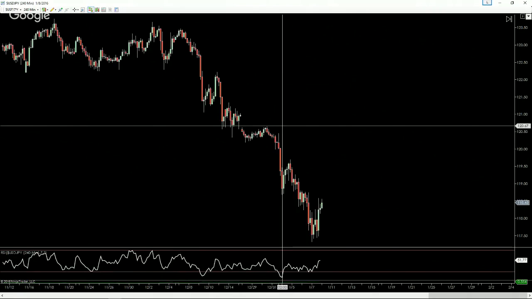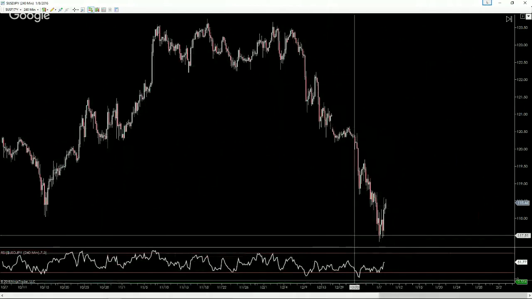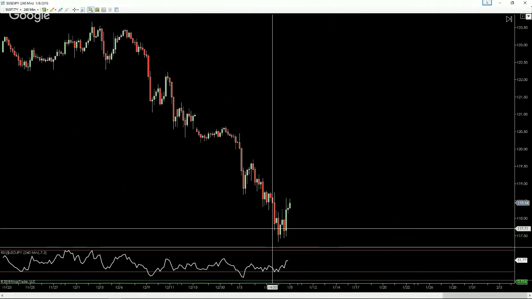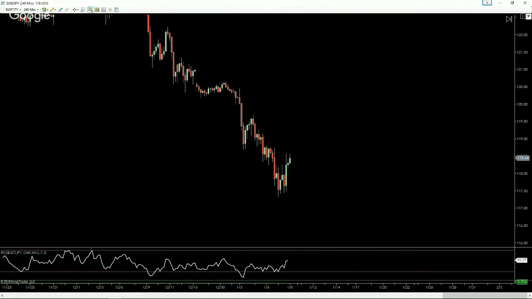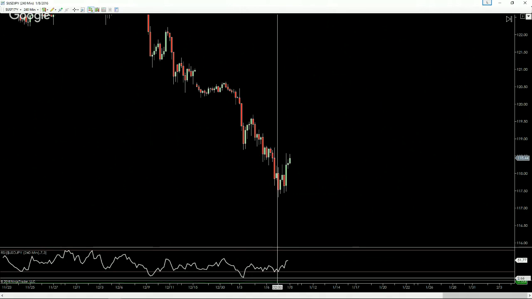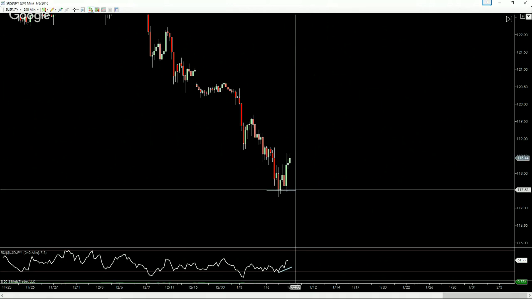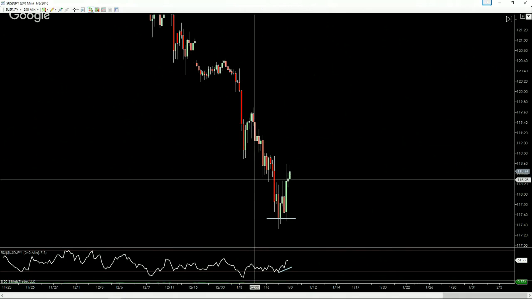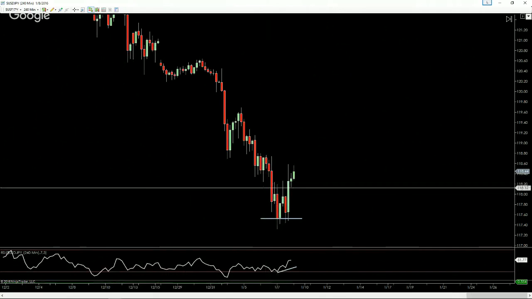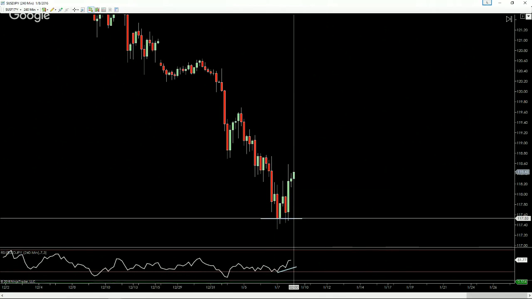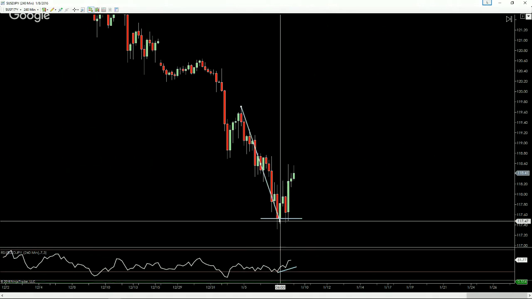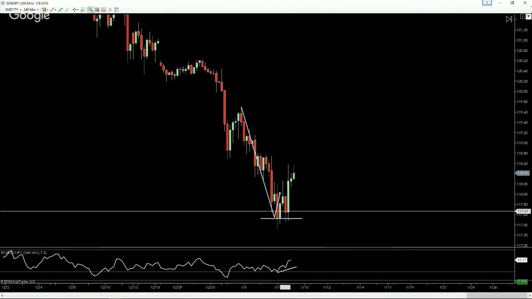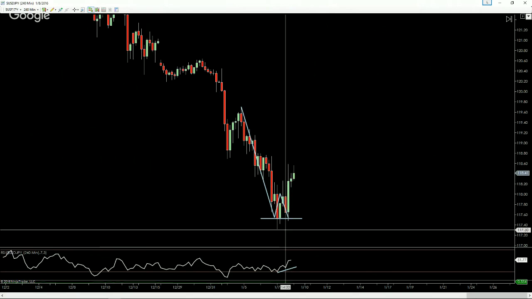Now, normally there's not very much structure right there, but since this is forming at that big zone of support that we have, and also did have what looks like a divergence right here, I do take that as a double bottom. However, that double bottom has obviously passed already. What you could take advantage of is a 2618, where after that double bottom, when price goes this way and then up, down, this move up right here,